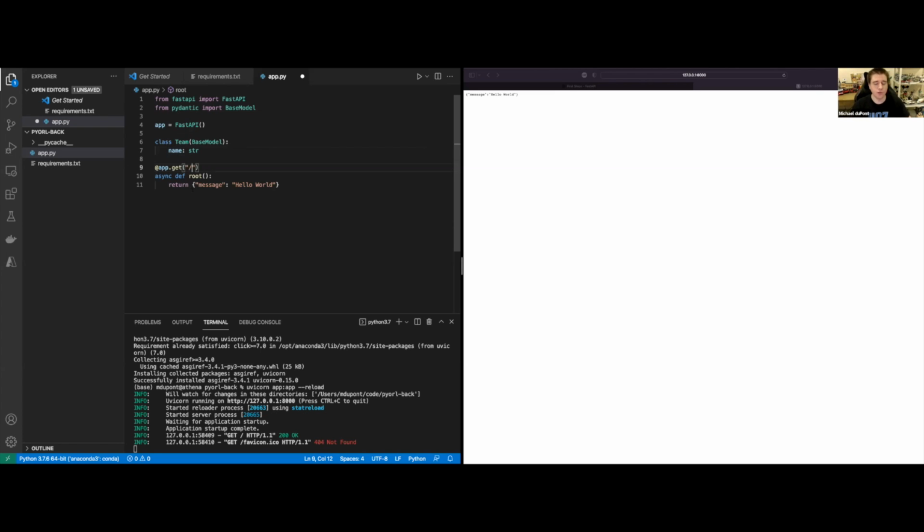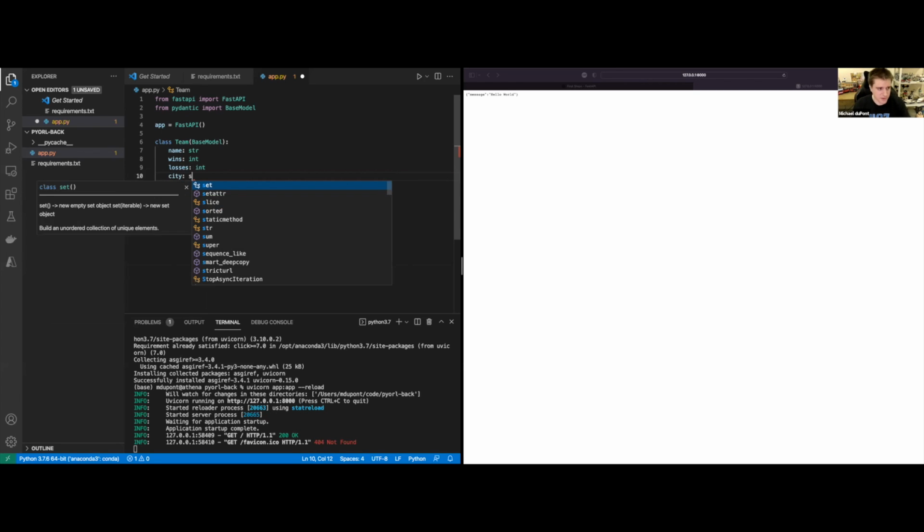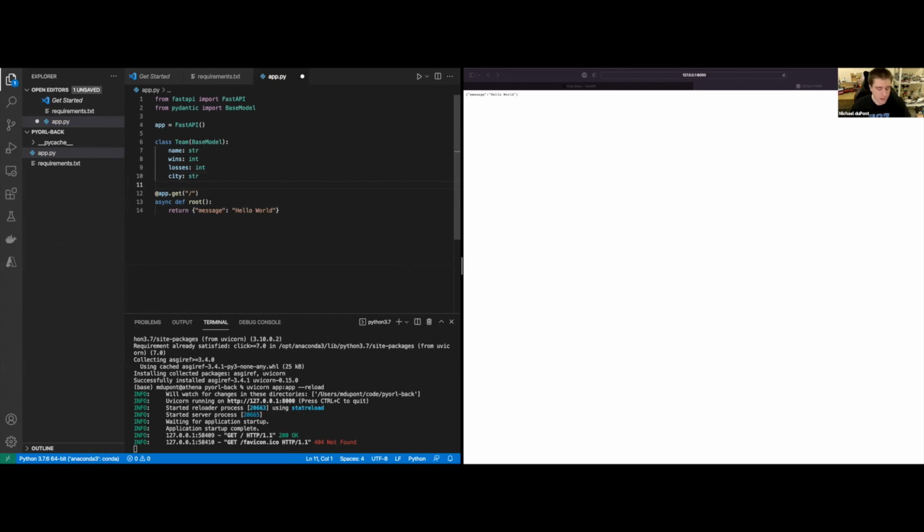So by the time that it gets into the code base, we know that it conforms to whatever interface we have set up. So let's say in addition to names, we can keep a tally of how many wins and losses they have. And let's say we also can just have a city, and that's a string as well. Nothing crazy. Then we can say that we have some teams